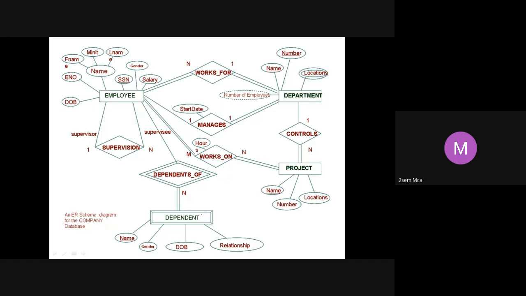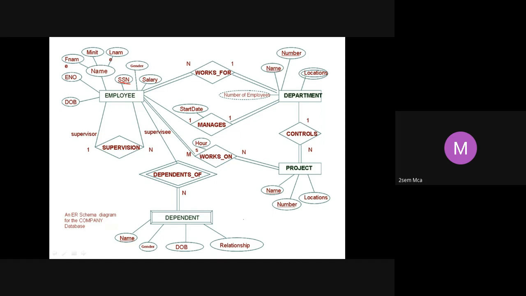Now there are two types of entities: strong entity and weak entity. Strong entities are those which have a primary key. If they have a primary key, then it is called a strong entity. If they don't have a primary key, then you call that entity a weak entity. That means in a particular entity, you are not able to identify any unique key. Then you call it a weak entity.